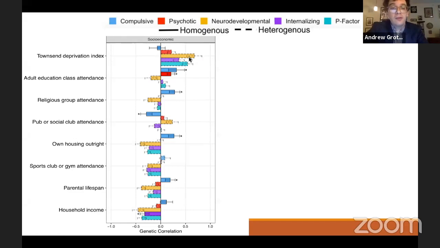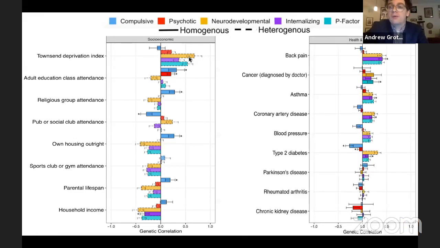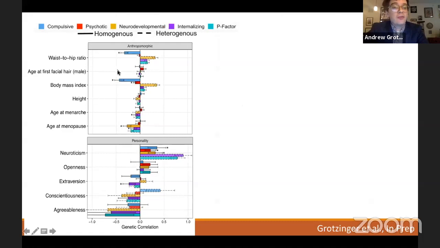Some homogeneous associations within this subset were a lot of positive genetic correlations between the compulsive disorders factor and different subdomains. And within health and disease, something to notice is a lot of positive genetic correlations between the internalizing disorders factor, shown in purple, and a lot of these different health and disease outcomes. Finally, within the anthropometric domain, I want to highlight the compulsive disorders factor, shown here in blue, showed a homogeneous relationship with waist-to-hip ratio and body mass index, which, as